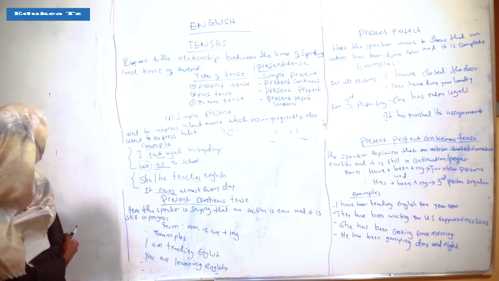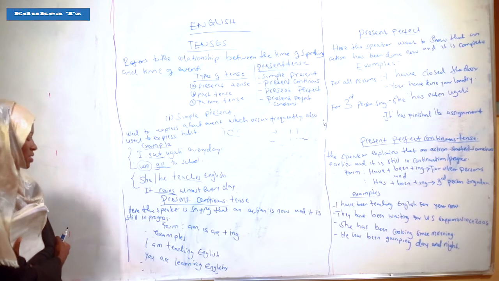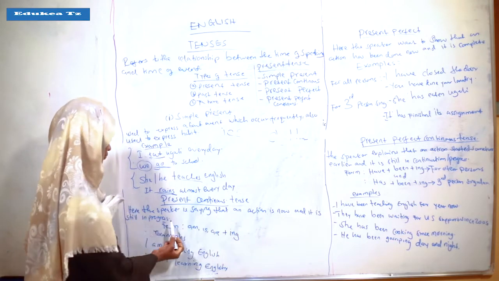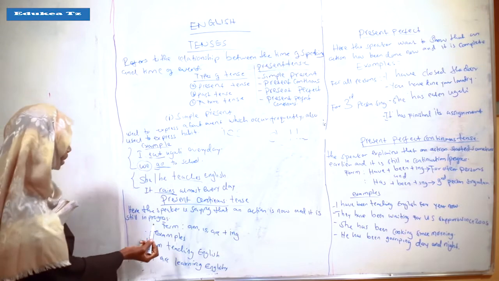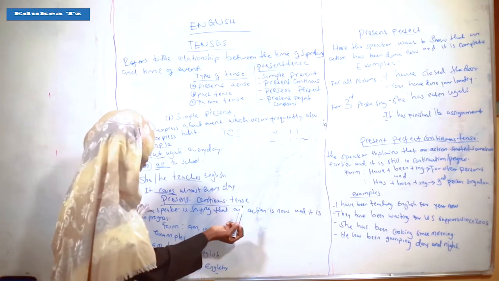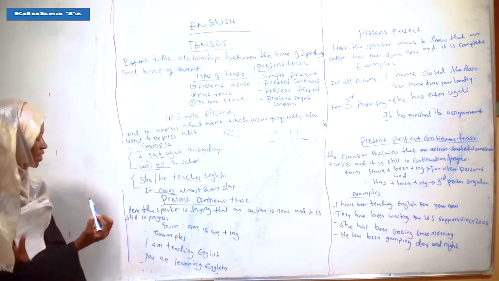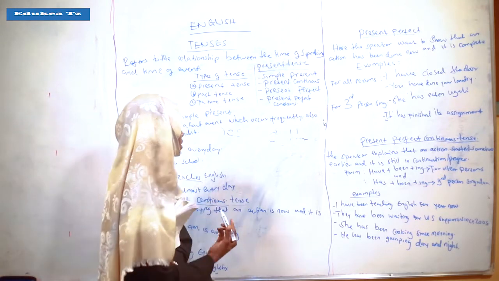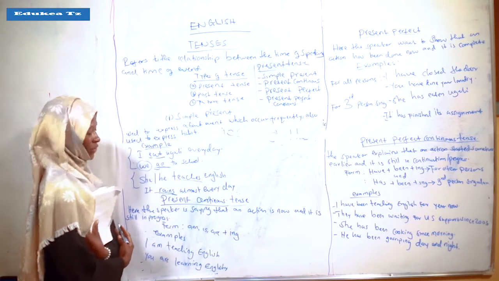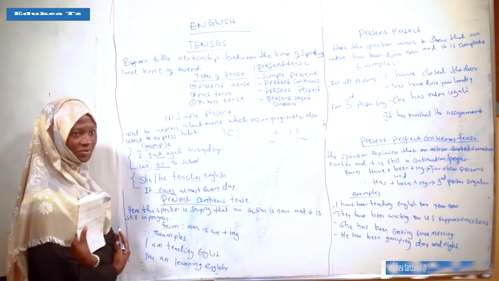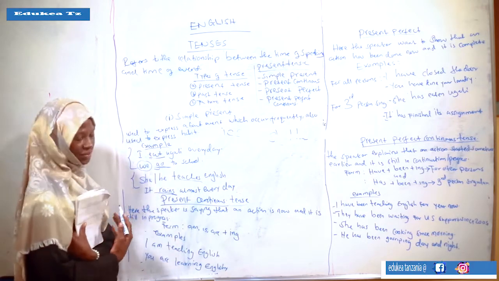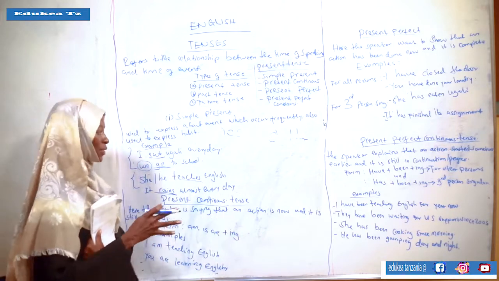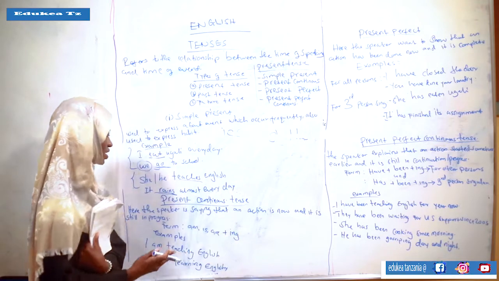The next type of present tense is the present continuous tense. Here, the speaker is saying that an action is now and it's in progress. For example, let's take an example: I am teaching now. So, I am teaching. It is a present continuous tense. It is now and in progress. It is in continuation. It is still